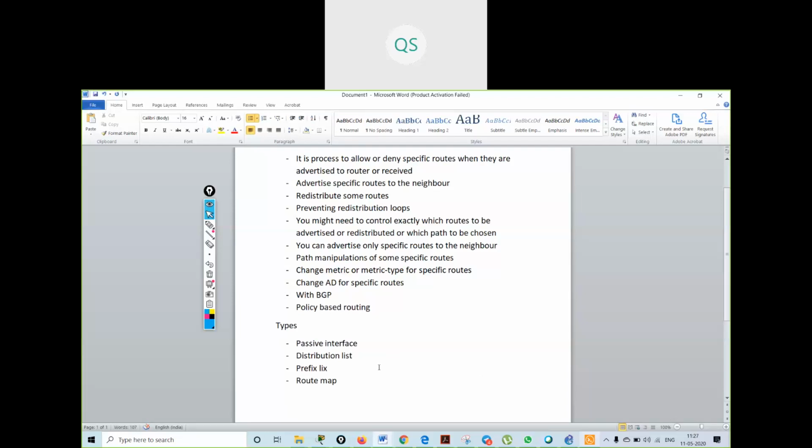Passive interface is a command used in all the routing protocols to disable sending updates out from a specific interface. Now we will see a practical about this.